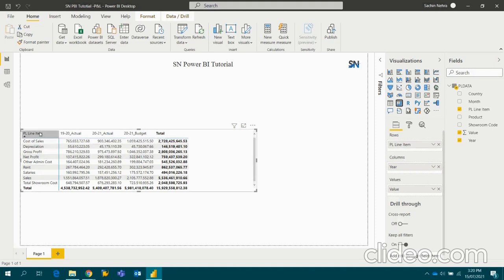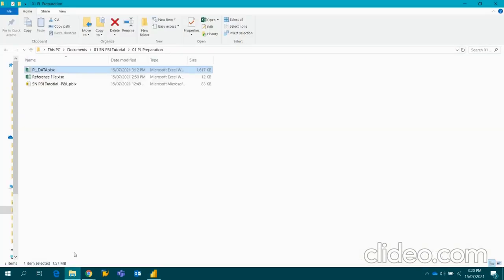Only thing is you cannot see this in the sequence as the P&L should be. Your sales comes at the first row and then the cost of sale. The third row will be your gross profit. For doing so, we need to make a sequence column which will come from another table. So I already prepared one separate reference file where I'm keeping two tables.